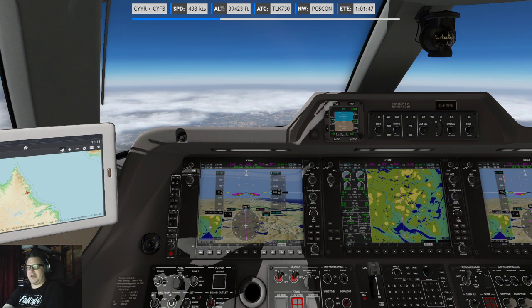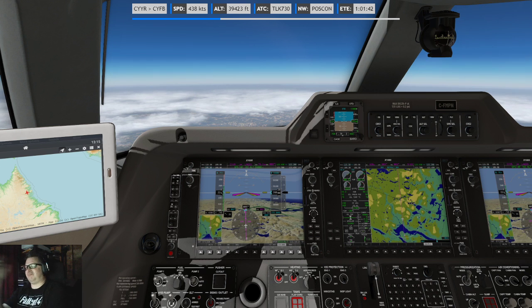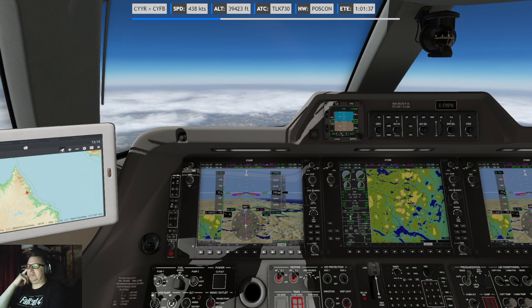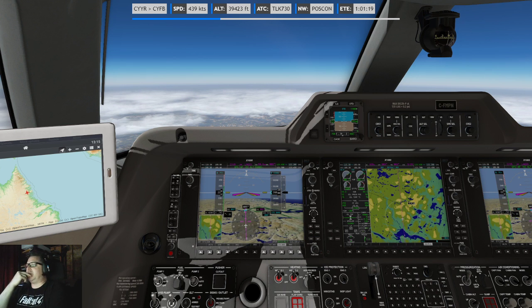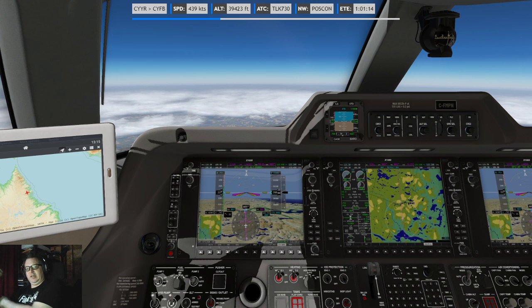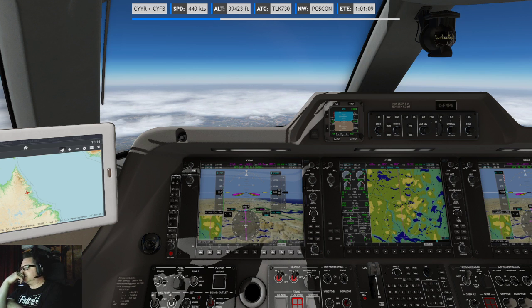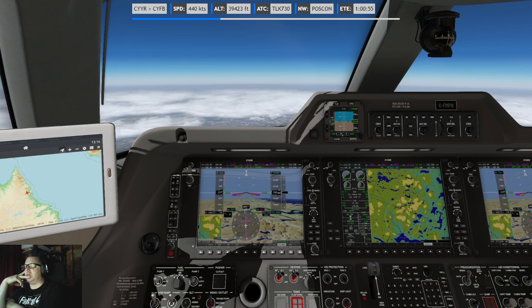Before you know it, you're top of climb, and you're cruising at Mach 0.82, and it's just putzing around. It's pretty crazy. I did update my Zibo, and I've completely lost it. The Zibo is more complicated than the 767, apparently. So I have to get back on that too. But if I'm having more fun flying the big one, I'll fly the big one.